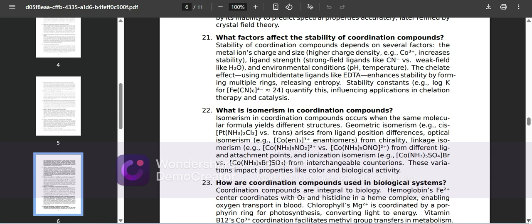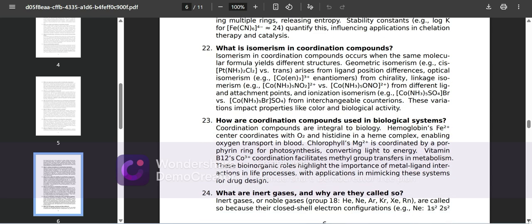The chelate effect, using multidentate ligands like EDTA, enhances stability by forming multiple rings, releasing entropy. Stability constants, for example log K for [Fe(EDTA)]- is about 24, quantify these, influencing applications in therapy and